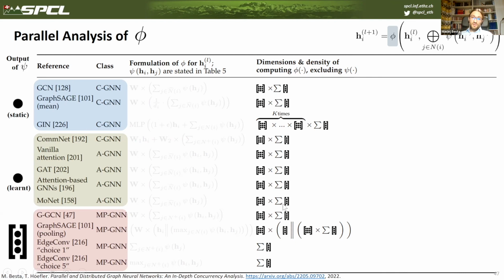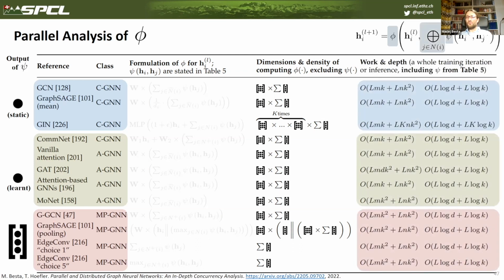In some models, there may be no such multiplication, but maybe just a plain summation. In some other models, there may be a bit more complicated compute pattern where we may, for example, have to do some concatenation, but they don't really change primarily the foundational compute work and depth properties. So if we now take a look at these results for these different models,